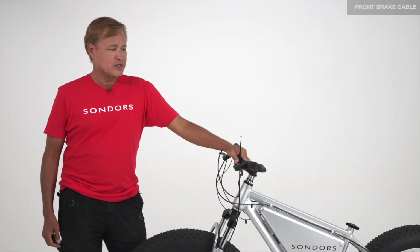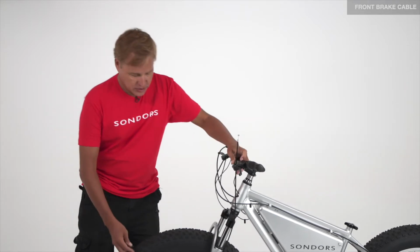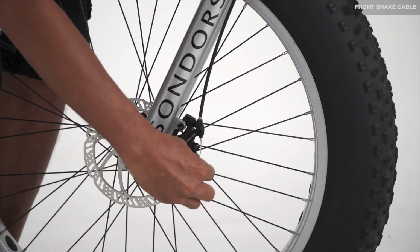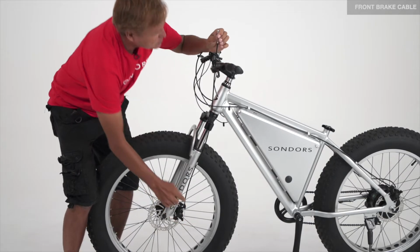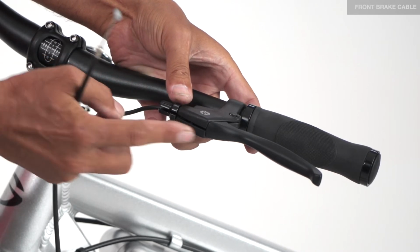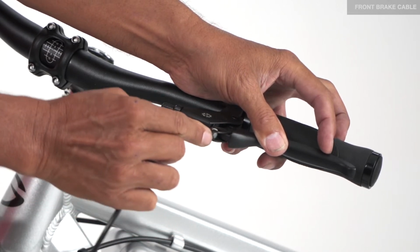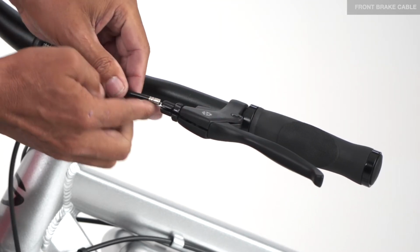Next step is to install the front brake cable assembly. First thing you need to do, loosen the pinch bolt on the caliper to get slack in the cable. Pull the cable loose. Align the slot. Apply your lever, drop your cable in, bring it through the slot,